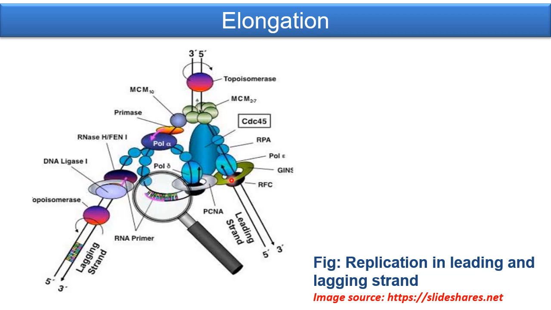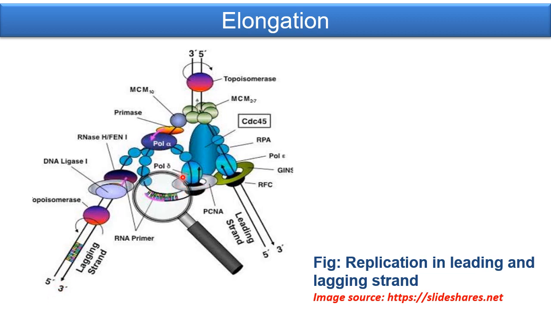Both the polymerase enzymes are moving from the same direction, that is from 5 to 3 prime direction. So for the template strand that is from 3 to 5 prime direction, there is no problem in synthesizing the new DNA strand, as the DNA polymerase epsilon can continue the process without any interruption. However, for the template strand that is going from 5 to 3 prime direction, there is a problem in synthesizing the new DNA strand, as DNA polymerase cannot add bases from 3 to 5 prime direction.